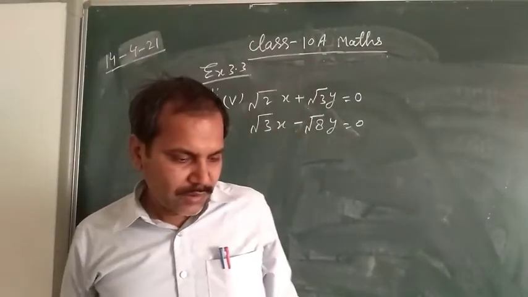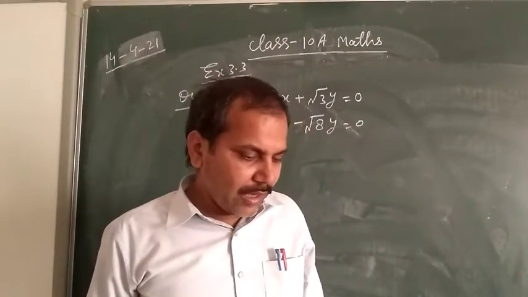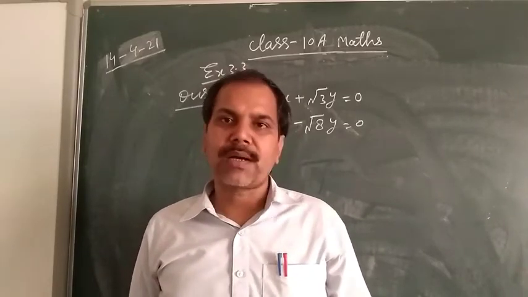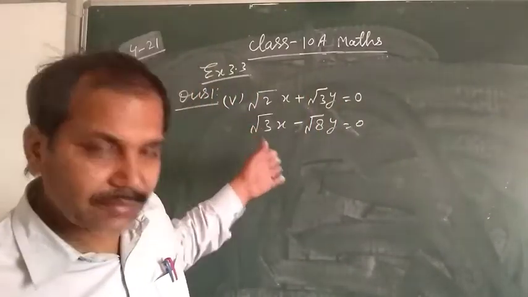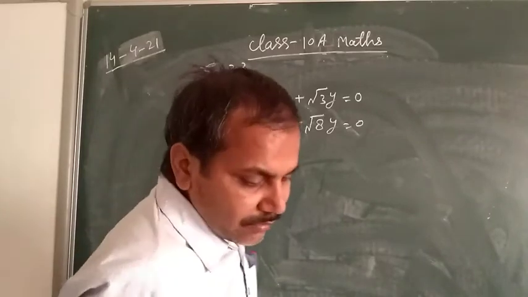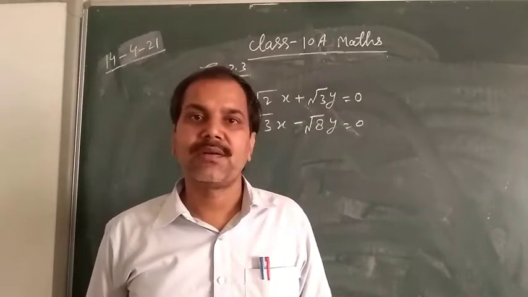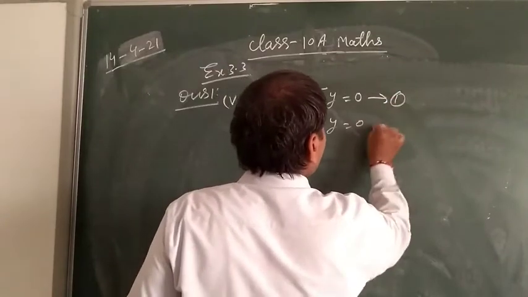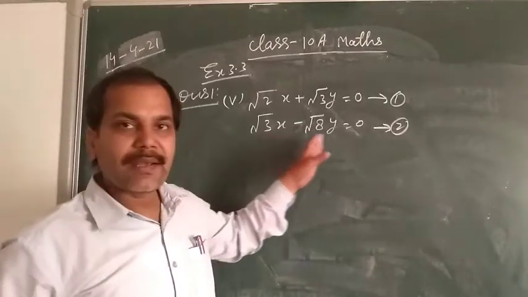Good morning, friends. So, exercise 3.3 already started, and in question number 1, I told two parts. Okay. So, today also I will discuss some parts of this question. So, this fifth part: solve the following pair of linear equations by the substitution method. These two equations are given, and you have to solve and find the values of x and y.